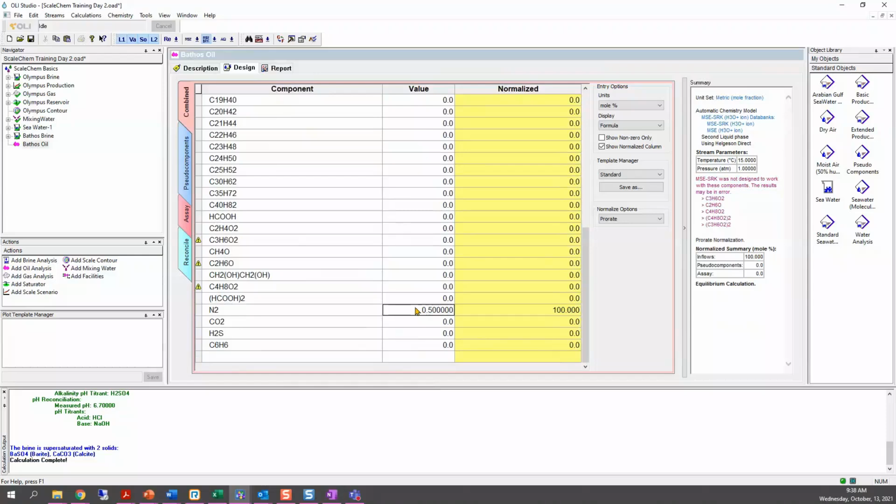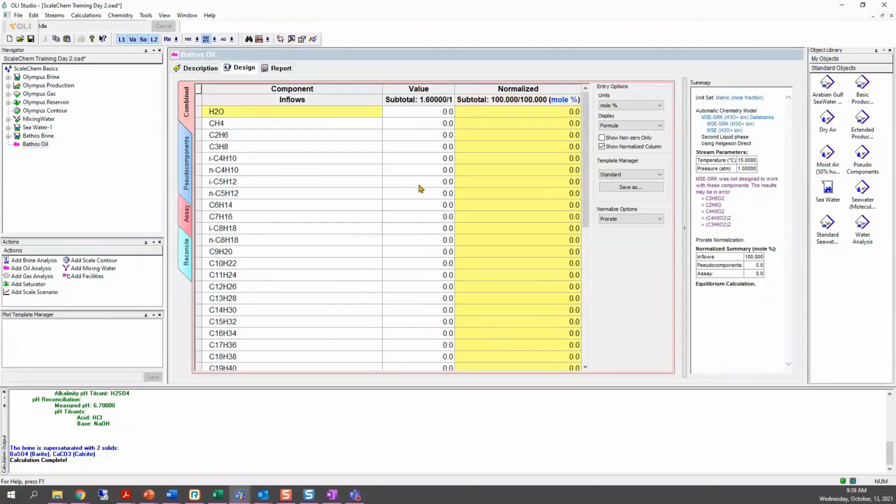And for CO2, the oil had 1.1 mole percent. Those are the 2 components that we are going to enter in this section. This gives us a total of 1.6 mole percent of these inorganic components in the oil phase. And now we need to enter the remaining 98.4% of this oil analysis.